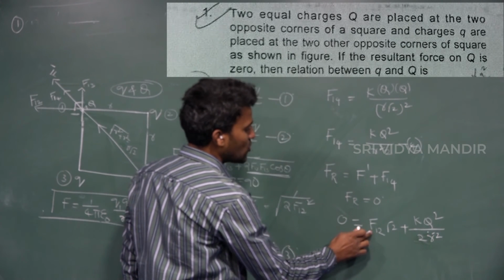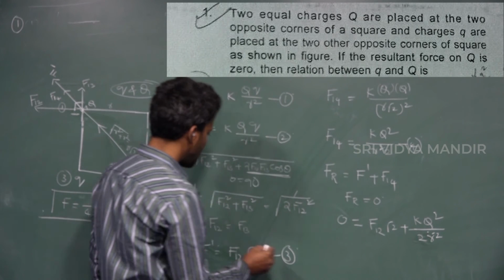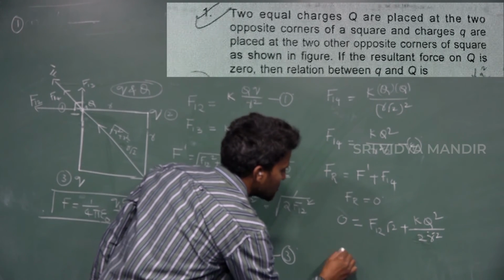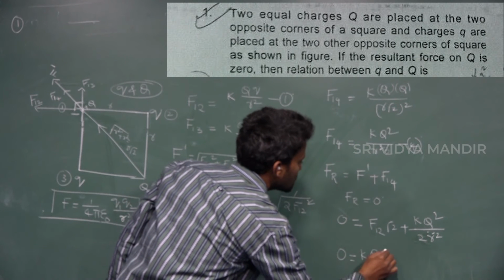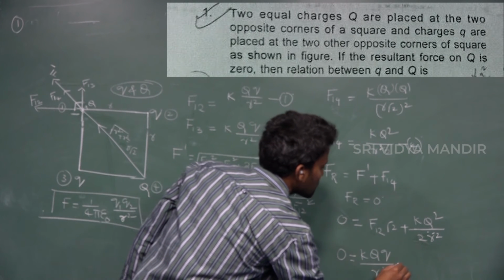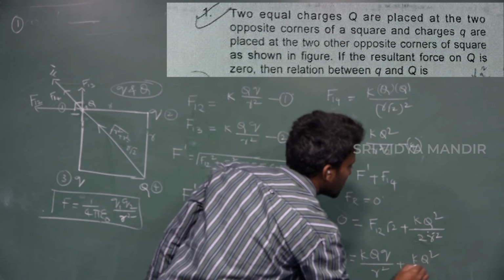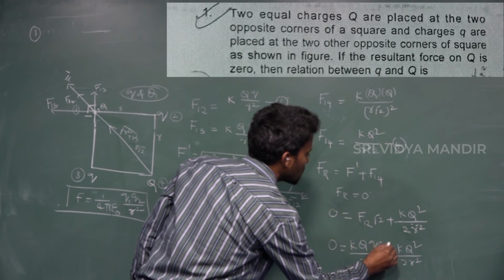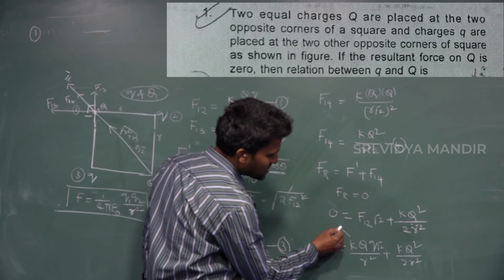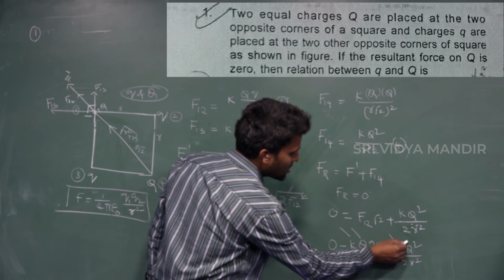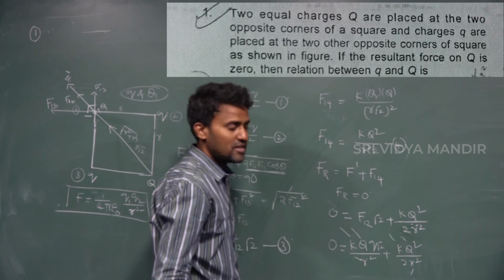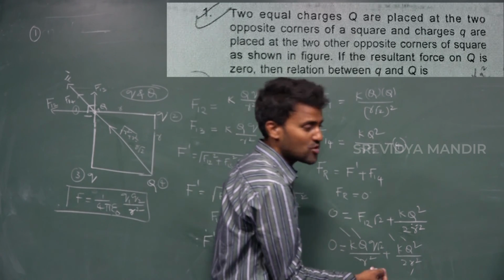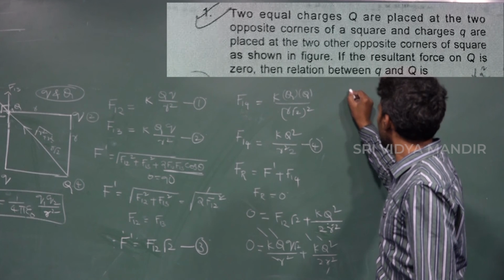What is F12? F12 is K Q q divided by r square. So 0 is equal to K Q q divided by r square, times root 2, plus K Q square divided by 2 r square. What can we take common in this? K, Q, r square. Then you can take it common and send it to this side. It will become 0, because 0 divided by something is 0. So the remaining terms are: